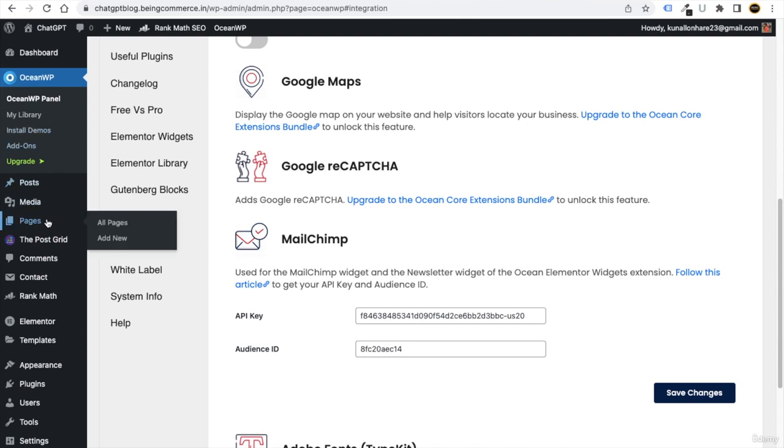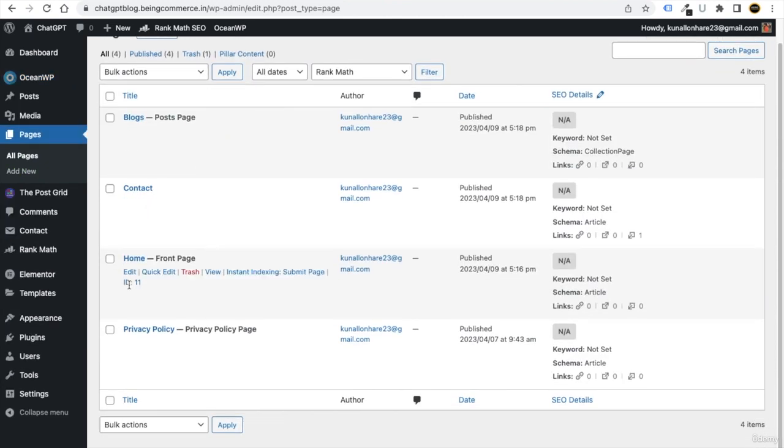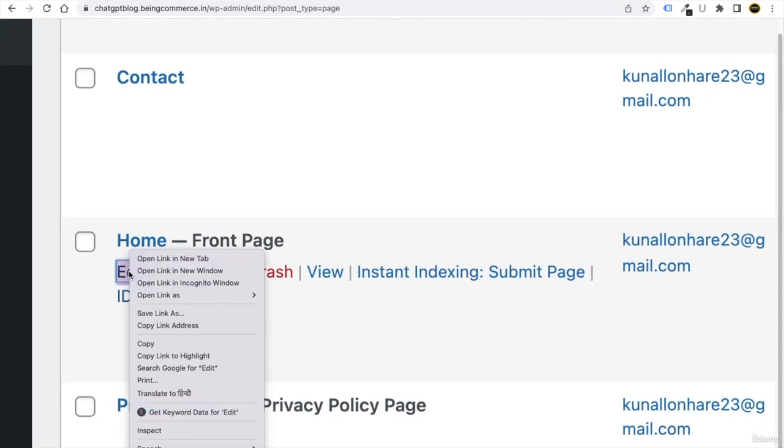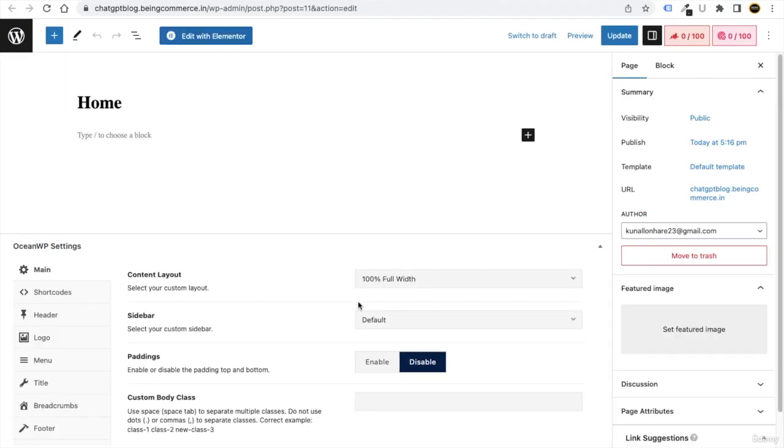Now we can just go to pages, click on all pages, my friends, and from here you will see the home front page. Now we are going to customize our home page. Make sure you first right click and open this in a new tab. Let it open and make sure